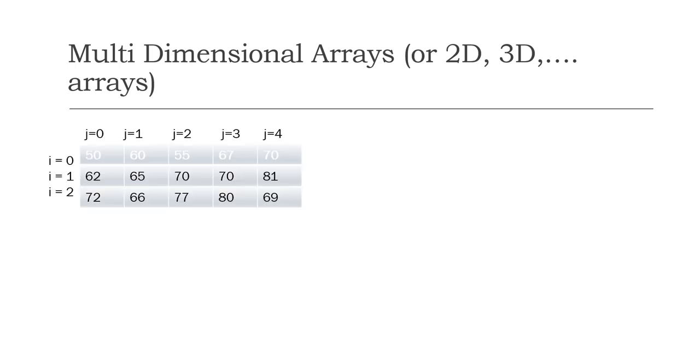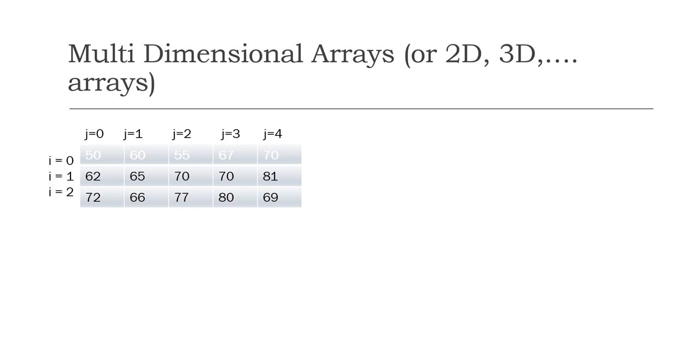So by observing the preceding, we can understand that the rows start from 0 to 2 and the columns start from 0 to 4. An element can be referred to in Java as marks, for example, if the variable name is marks, then marks[i][j], right? Where i represents the row position and j represents the column position. The two-dimensional array has two indexes, i and j. Similarly, we can expect three indexes in the case of the three-dimensional array, that we will discuss at a later point of time.